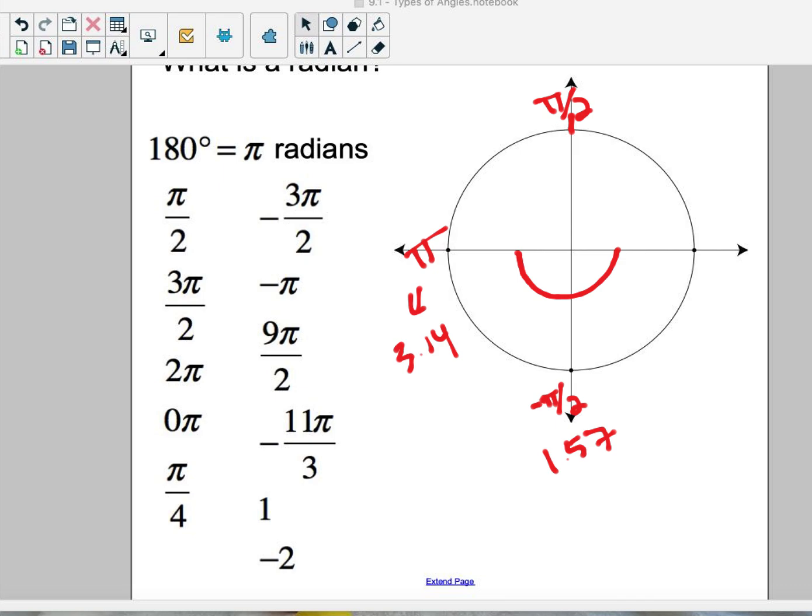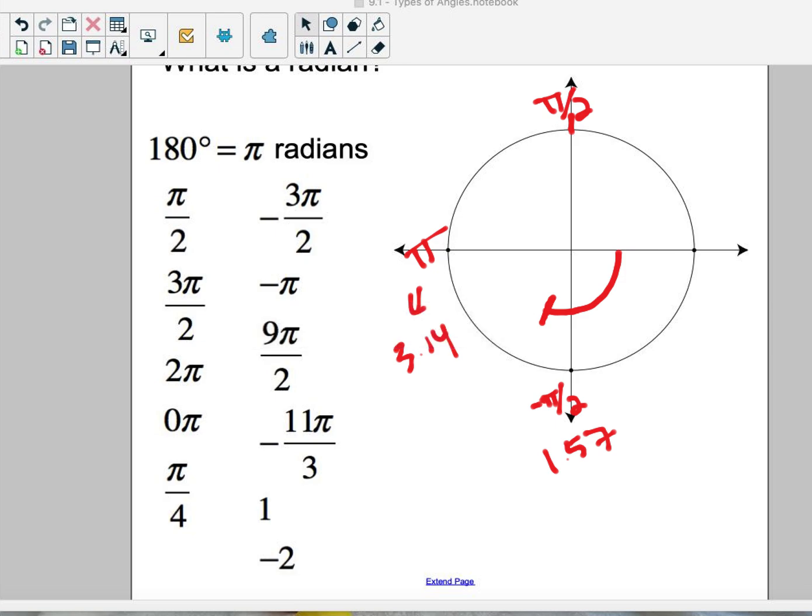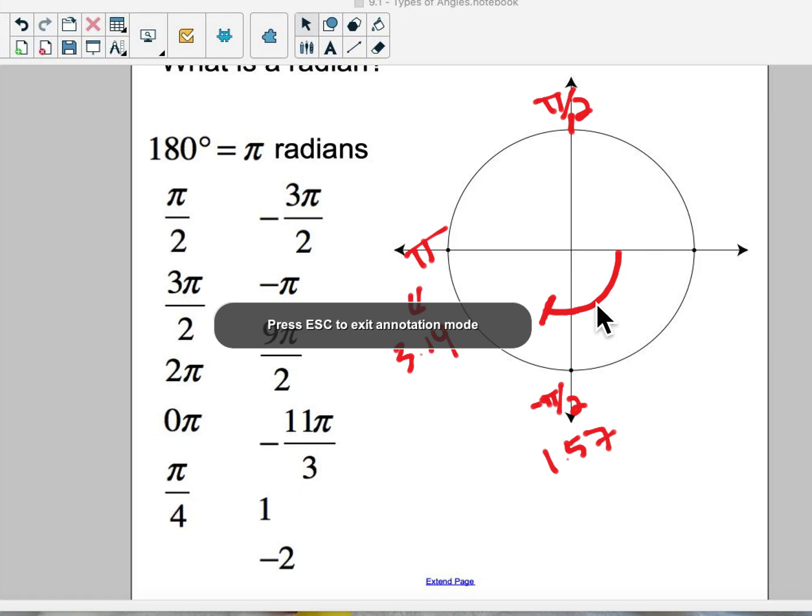That's negative 3.14, negative pi. That's negative 1.57. So if I needed negative 2, it's probably going to be closer to negative 1.57 to 3.14. So I could think of it like right there. You could also think of it as 57 degrees plus 57 degrees. If 1 radian is 57 degrees, 2 radians is just that doubled pretty much. So you can kind of go off that as well. So that's how you'd measure